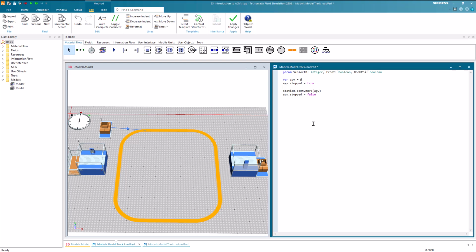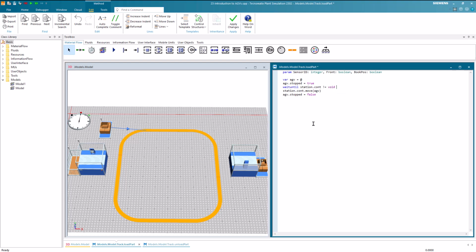Here, it becomes crucial to initially assess whether the station is empty or not. Since we desire the AGV to wait until the conditions are met, we begin by incorporating a wait until statement. To determine if the station is empty, we can check if the station's content is unequal to void.